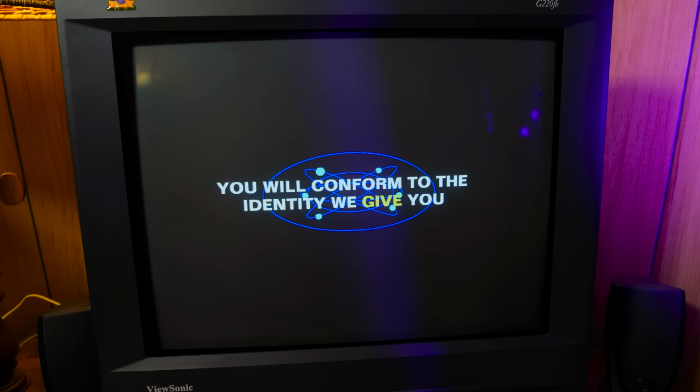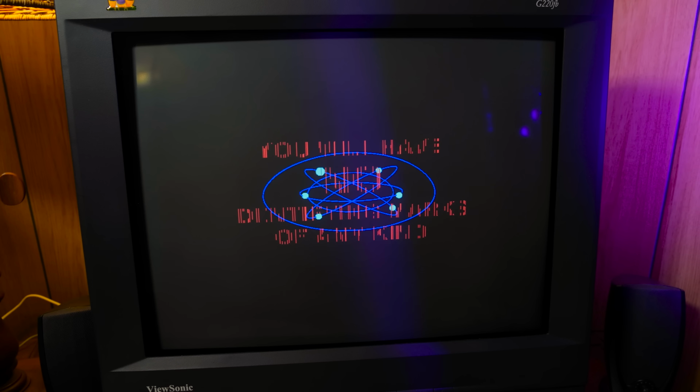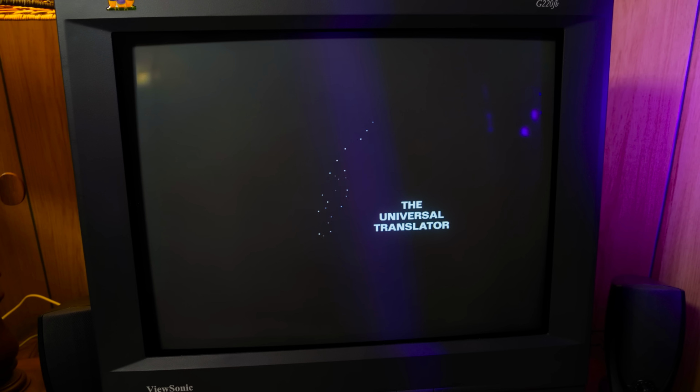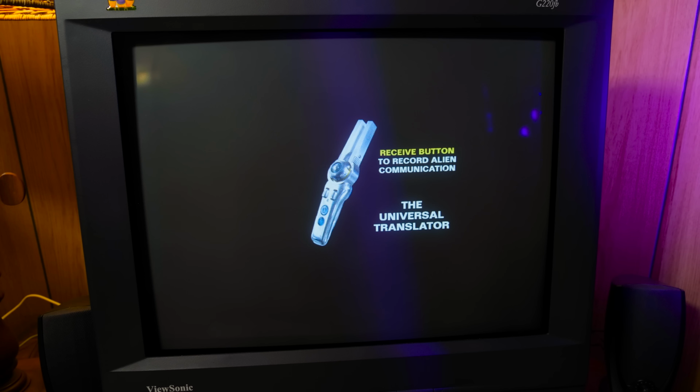And finally, it does have a couple of screensavers, and they work, they're just a bit bland. One shows a bunch of text going over the requirements to join the Men in Black, and the other shows the same photos and text of the props that we saw earlier. And that's what that is.